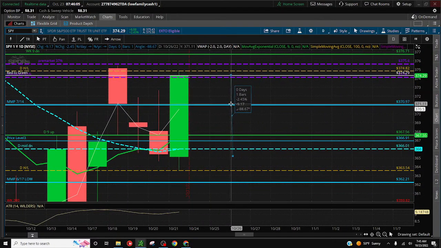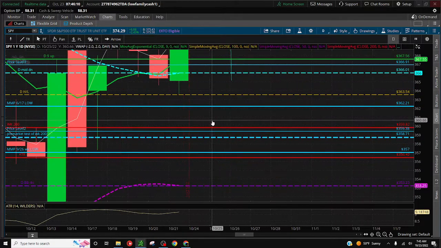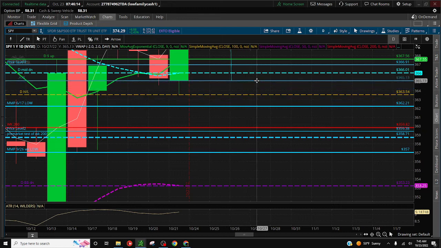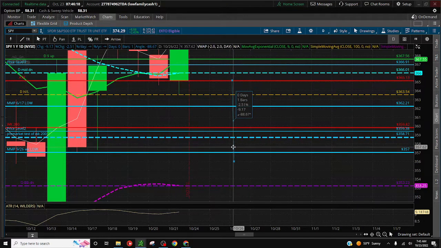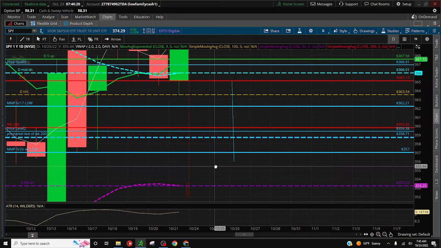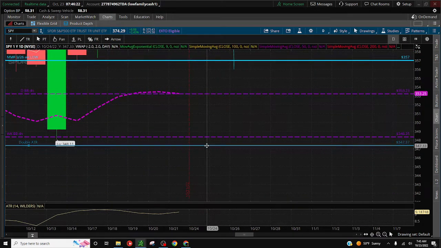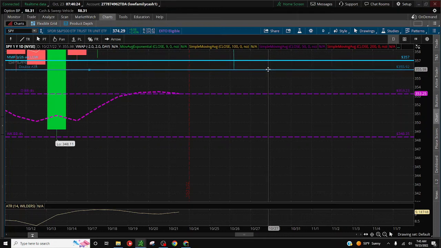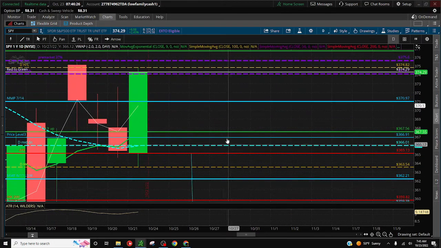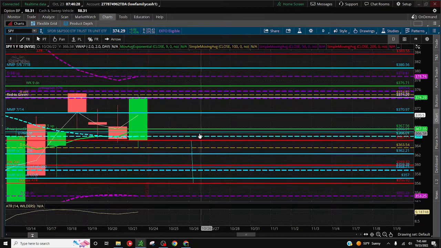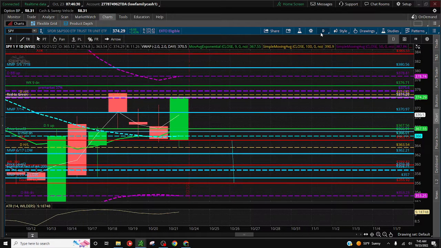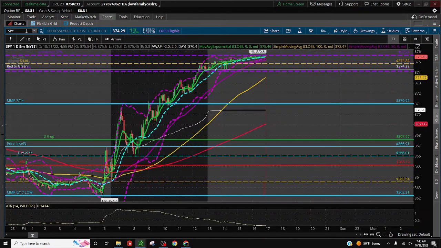So I always want to know the average true range of SPY on a day, 1 ATR and 2 ATR. Okay, that's it. That's all I do. So these are levels that I would trade. I have an idea that I want to trade to on